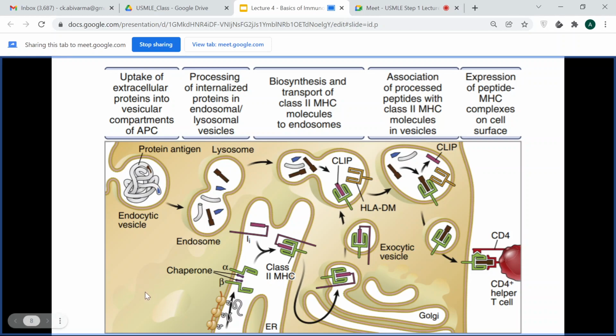So from the nucleus you have transcription and then translation, and then you have the protein formation inside the endoplasmic reticulum. You can see this translation, and eventually with the help of some chaperone proteins you fold the alpha and beta. So if it's alpha and beta, it's going to be MHC class 2. So what happens is, in the endoplasmic reticulum you form the MHC class 2 molecule, and you have this, think of it like a